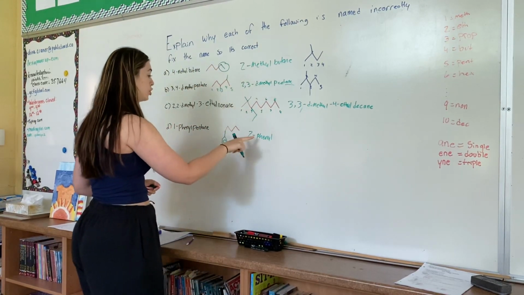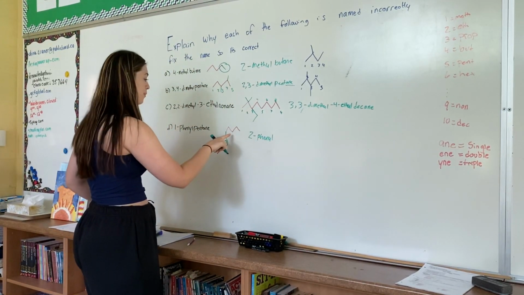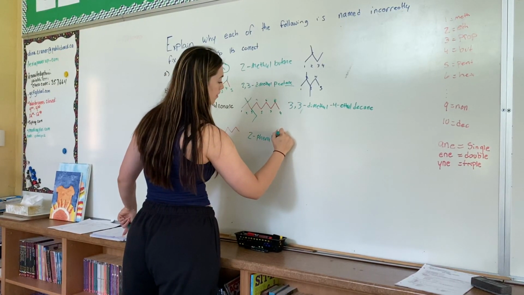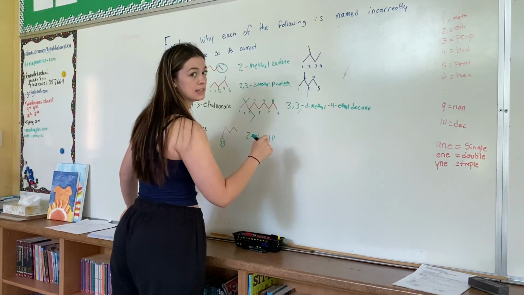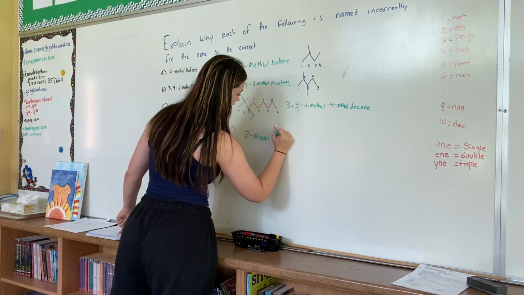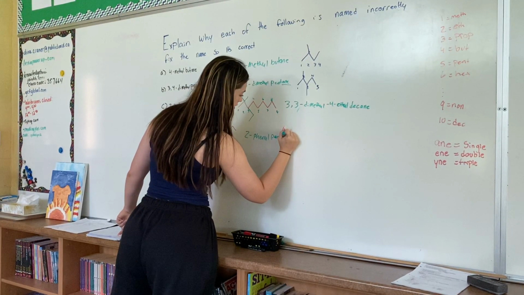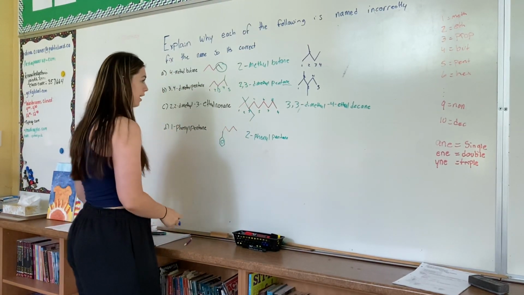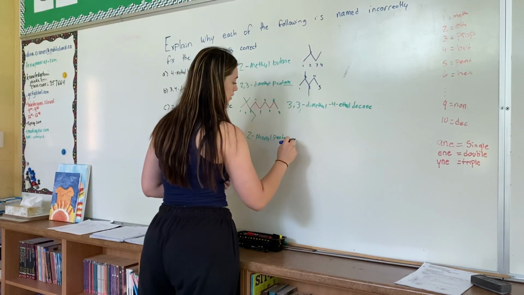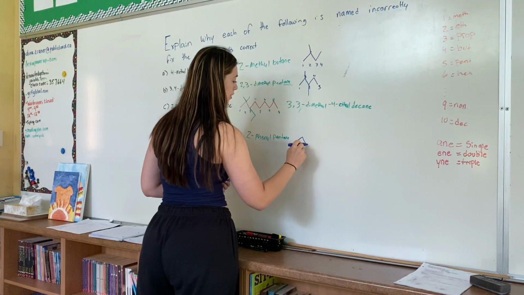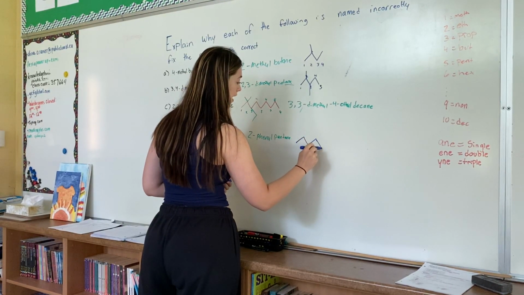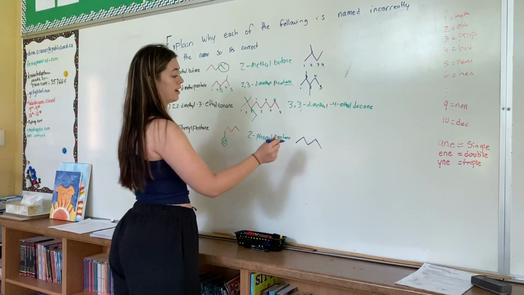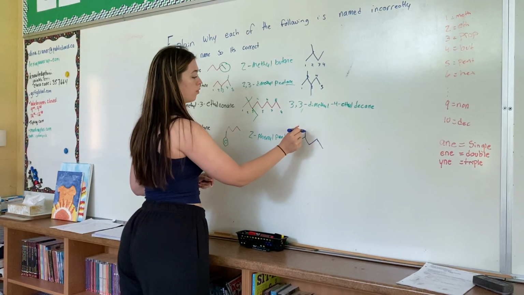So we have our 2-phenyl, and because it's a pentane, the prefix is 5, and our single bonds are ane. So it would be 2-phenylpentane. So what this would look like is we have carbon 1, 2, 3, 4, 5, because pent is 5. And at our second carbon, we're going to have